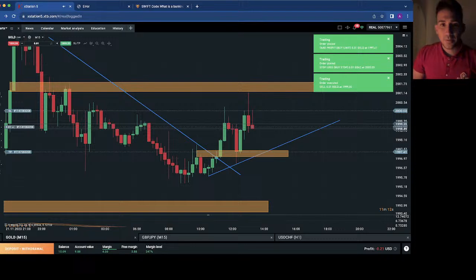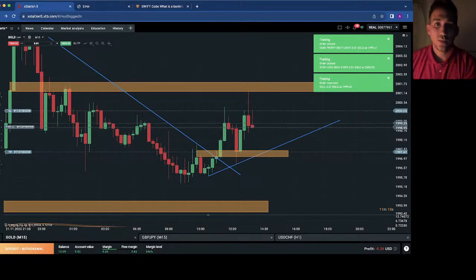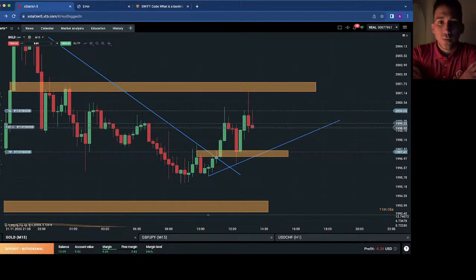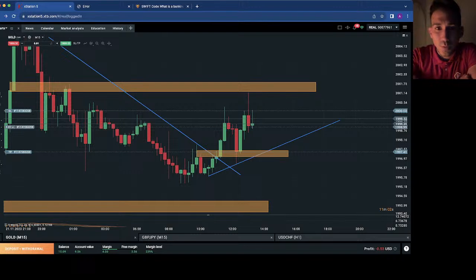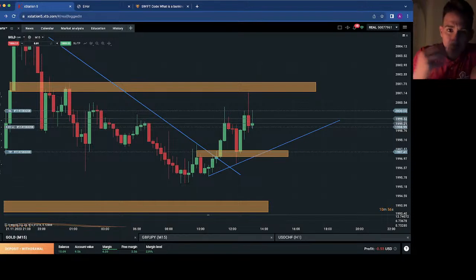Okay, we're in. They actually took my trade. I placed the, I think it was the sell limit trade. So thanks to the rejection candle that we had here,